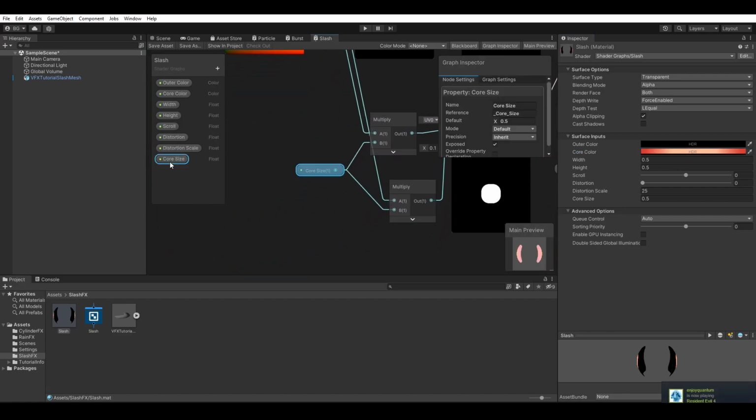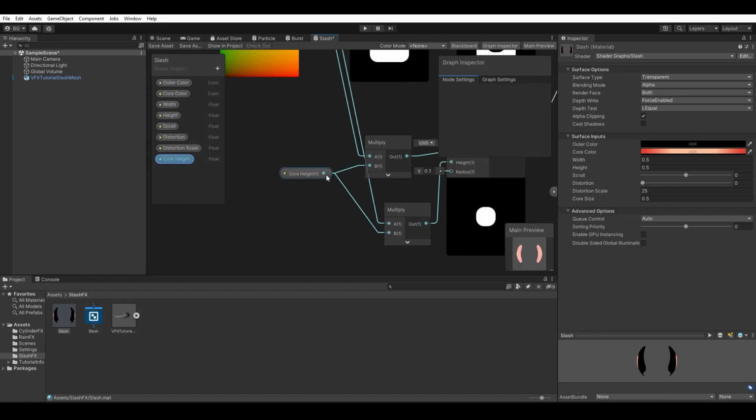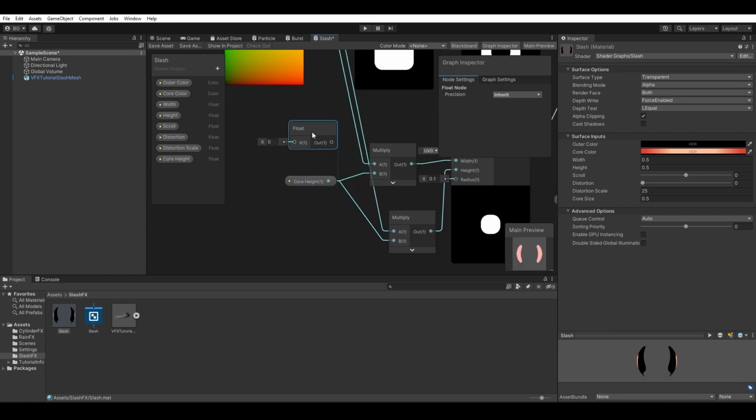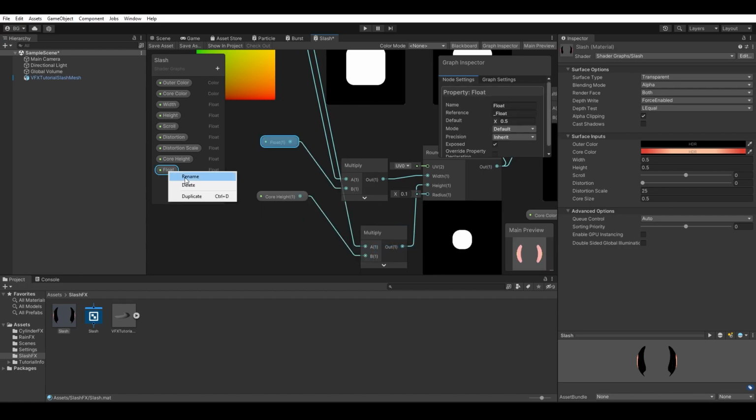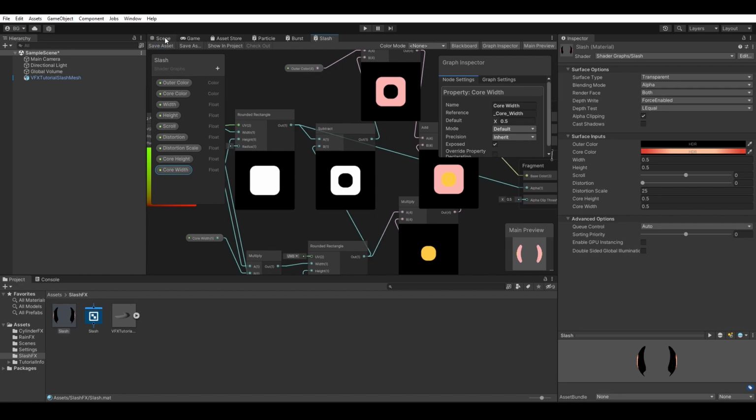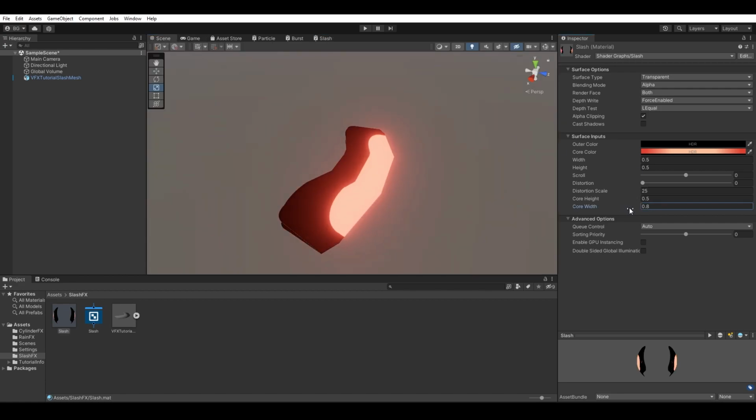Here's where I fix up this and separate them. So I have height and width controls on the second one. So we're just controlling that multiply node. We're saying multiply by whatever amount we're putting in so we can control the size of that independently from the size of the first one. There we go. So I increase the width